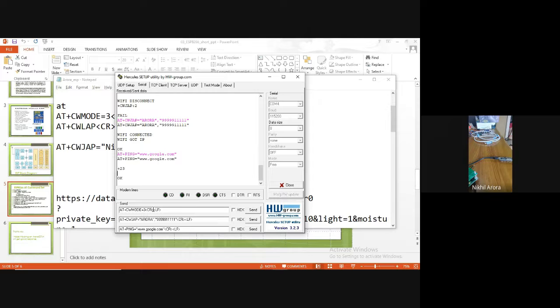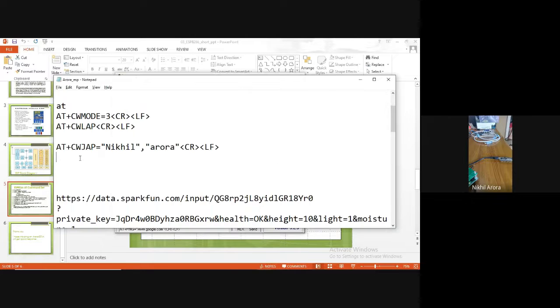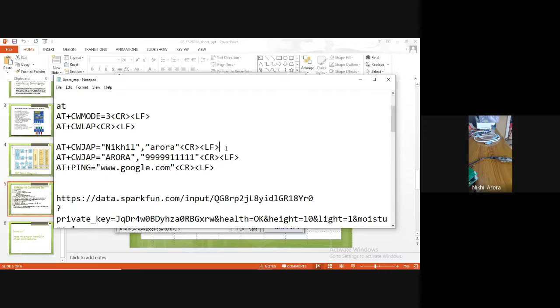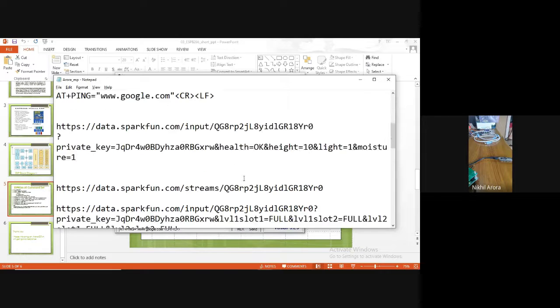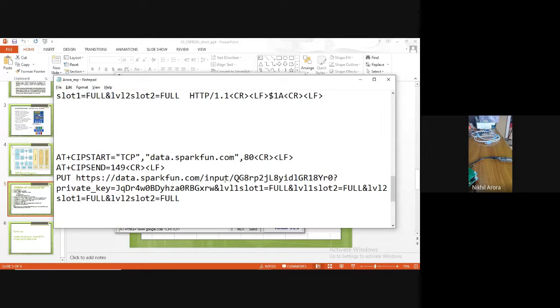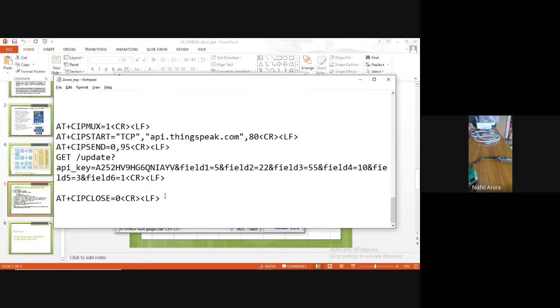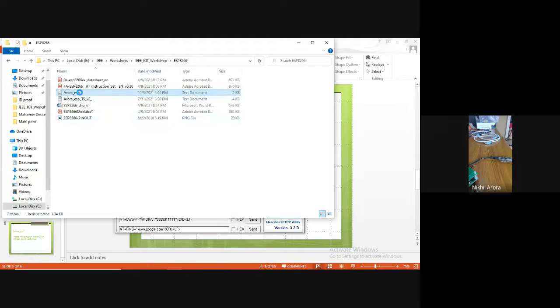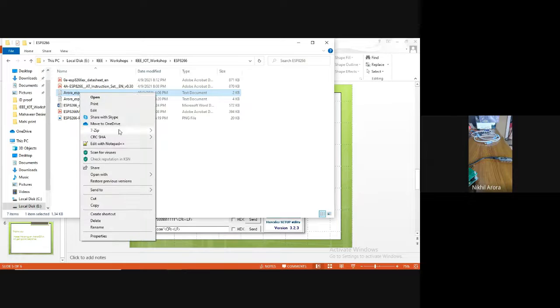So okay, maybe I can add this command here, and I can add this command also here. Okay, next is what? So pinging is over. Next, you want to start a communication to the website, correct? So we are going to communicate with this fellow. Only thing is I have to count the characters, how many I have to send. Before sending to the internet, you should know how many characters you are going to send.